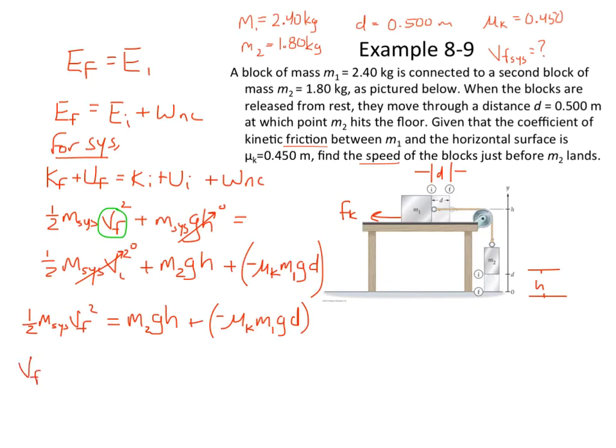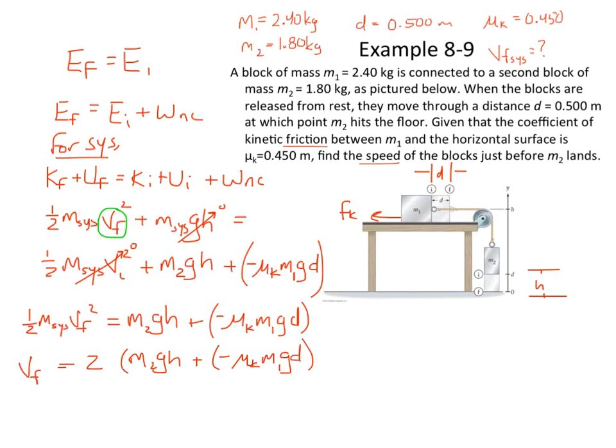What I'm going to do is take this 2 right here and multiply it up. So it's going to be 2 mgh plus 2 times all this stuff right here. And then I'm going to divide by the mass of the system. All right, V final equals 2 times, in fact, I'm even going to put the 2 out front, parentheses, m2gh plus negative mu k m1g times